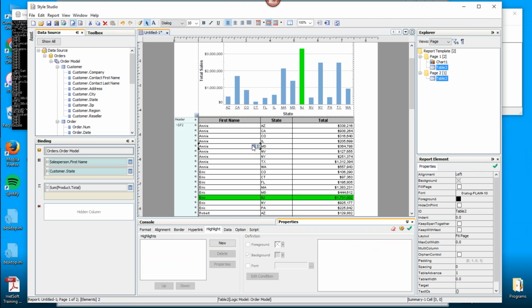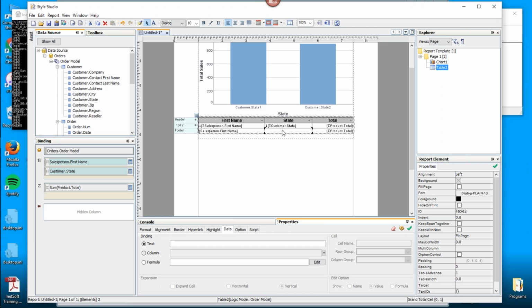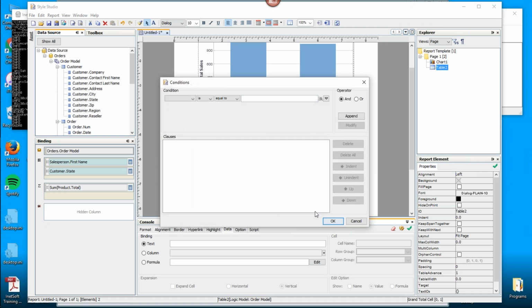So to apply a condition, what you do is you right-click on the table. It doesn't matter if you're in live data view or in metadata view. I thought I just changed it to metadata. All right, so you right-click on the table and select condition. Then you apply a condition such as salesperson first name is equal to, and we could select something explicit here like Sue, just to test it out, make sure that it's working. Salesperson first name is equal to Sue, press append, OK.